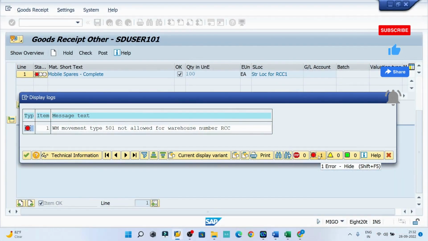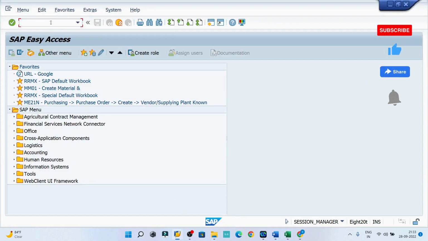Now there is another error which says warehouse movement type 501 not allowed for warehouse number RCC. I am getting this error while doing the GR without PO for my warehouse location. And if I see this message once again, I can clearly understand this is something related to the warehouse activities. Okay. So to resolve this error, we need to open another screen for SAP Easy Access, and